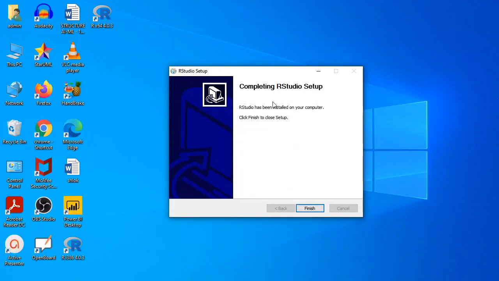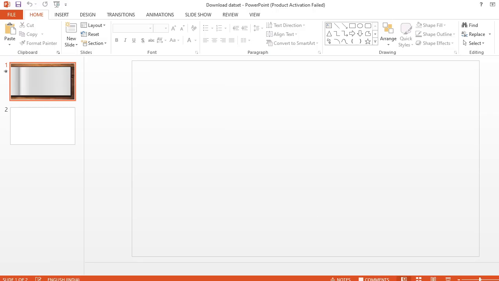Here you can see my RStudio setup is complete. Click on finish.